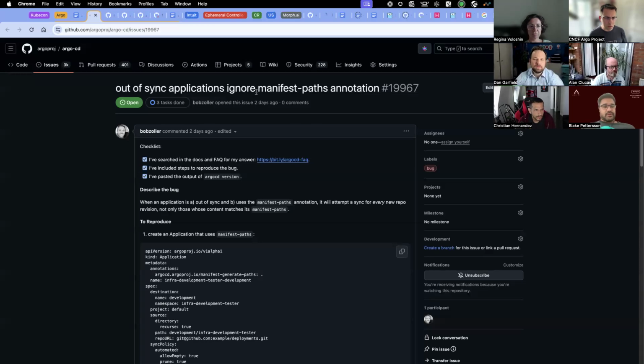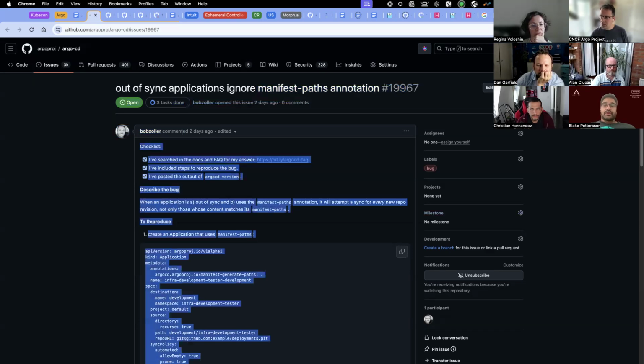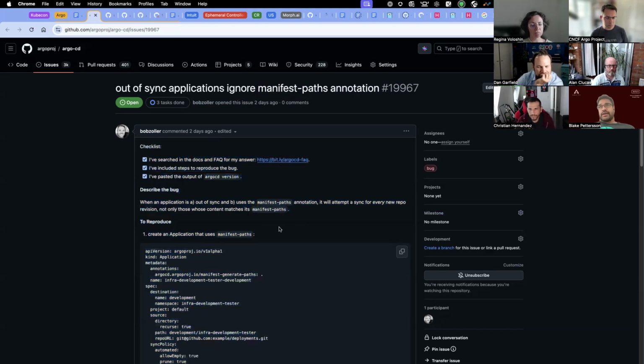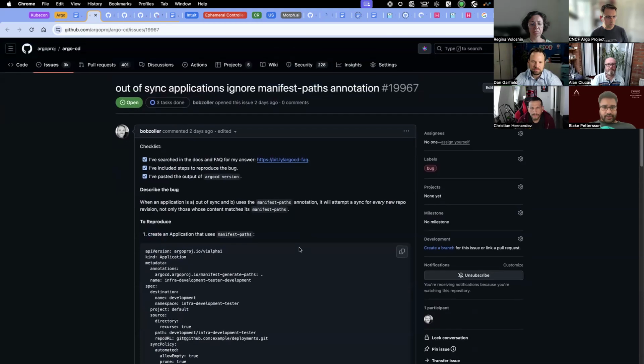The next one is how to sync applications, ignore manifest path annotation. This one also needs investigation. Since 2.11, there is the possibility of adding an annotation to paths so that only certain paths would trigger a sync, so that only certain paths are taken into account when a sync is done. But this is stating that even with